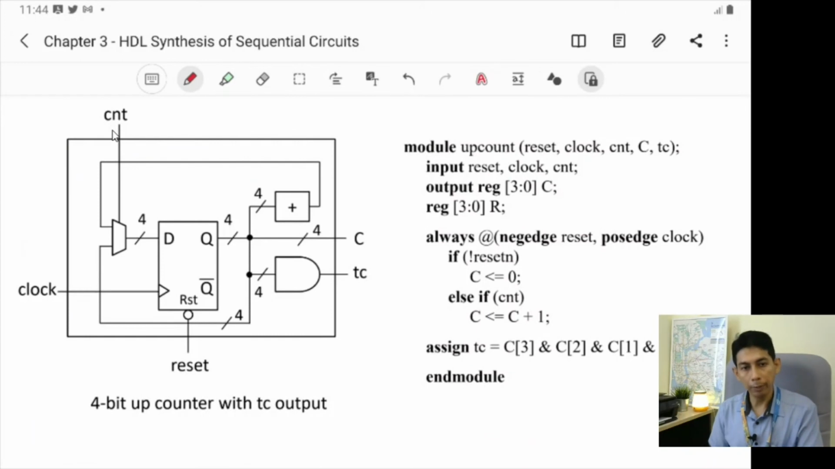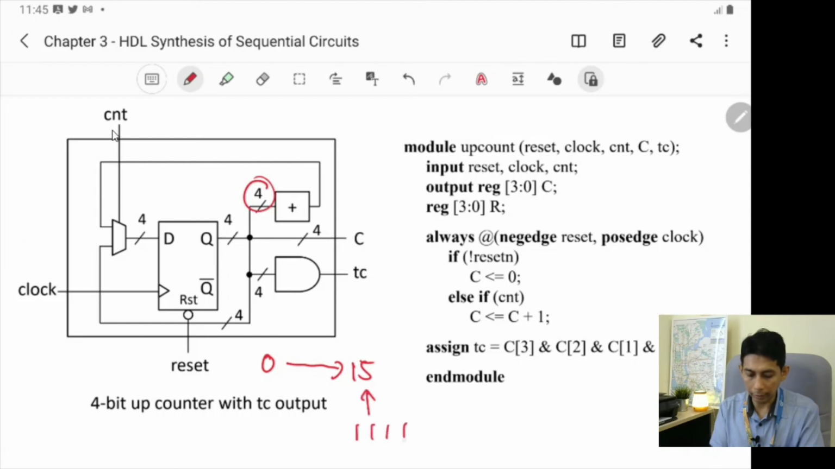Maybe you want to create another kind of circuit, a counter that will count, in this case, 4-bit. So it will count from 0 to 15. In this case, 15 in binary is 1111. And when it counts to 15, the maximum number, it will give you one signal to tell you that the counter is maximum, so you can have this